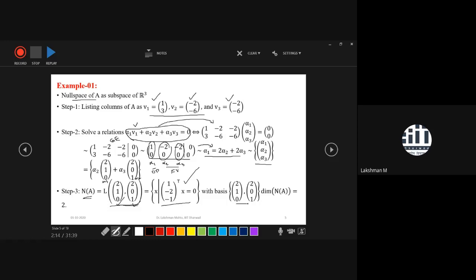Again, if we want to find the dimension of the null space, we count the number of elements in the basis. How many elements do we observe? There are two elements. So the dimension of the null space is 2. Another name for the dimension of the null space, which I had already mentioned, is nullity. Nullity is a very common name for the dimension of the null space. So you can simply say that the nullity of matrix A is 2, because these terms are very much applicable in Sylvester's law. That's why I'm introducing this term.